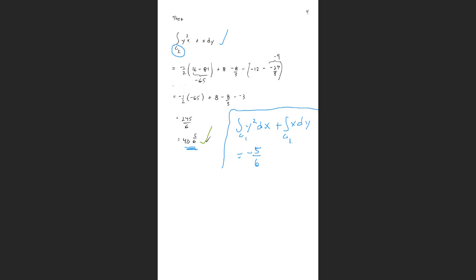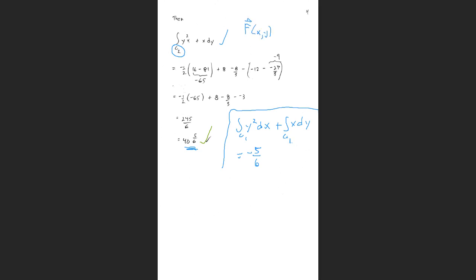Well, I want to say this the right way. If we had a conservative vector field, the sum of those line integrals would give you the same answer. But of course, you're probably wondering, where's the vector field, Dr. Duty? I don't see a vector field in this problem. Well, that's true. The vector field in this problem is actually